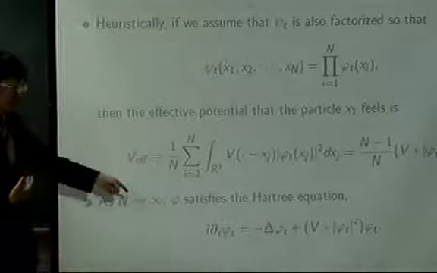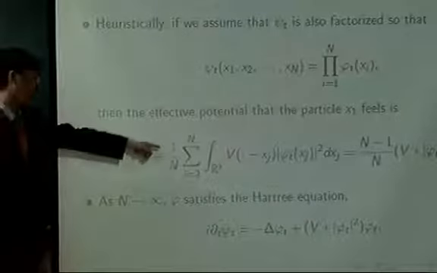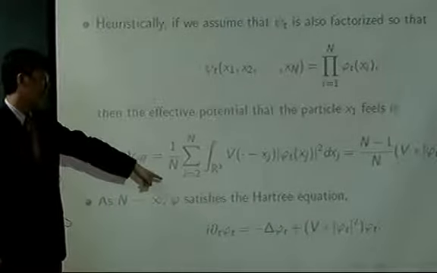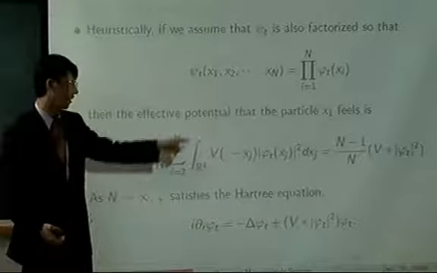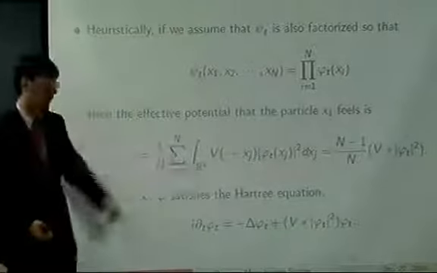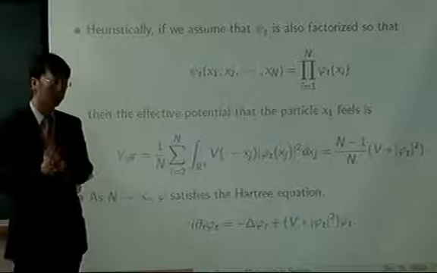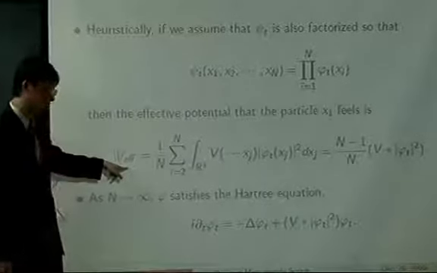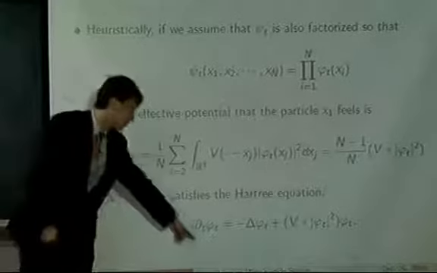Because the mean field limit has this 1 over n factor in front of the potential, we also need to multiply by 1 over n. Then, because the summation just means n minus 1 times this integral, we have n minus 1 over n. And this is the definition of convolution: V convolution phi t squared. So this is the effective potential, and then you can use the Schrödinger equation for one particle. So this is this.